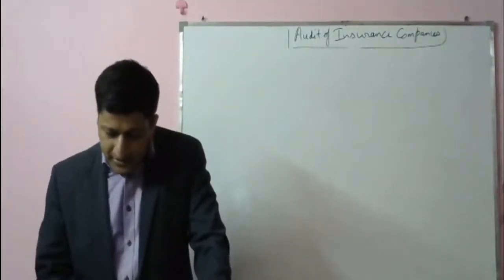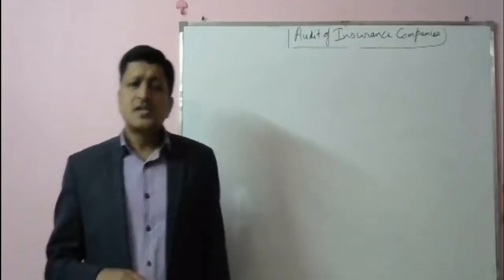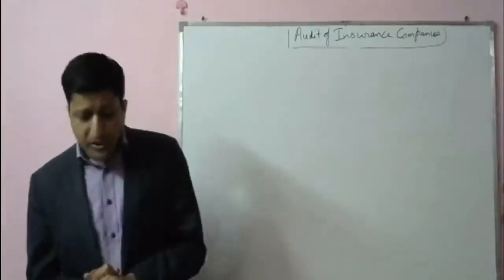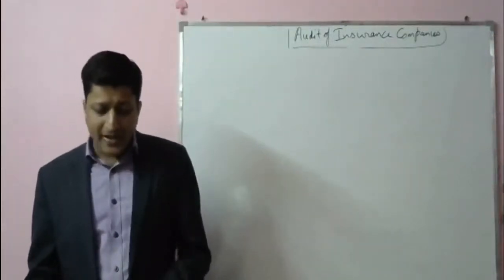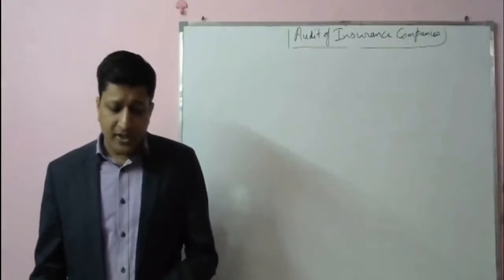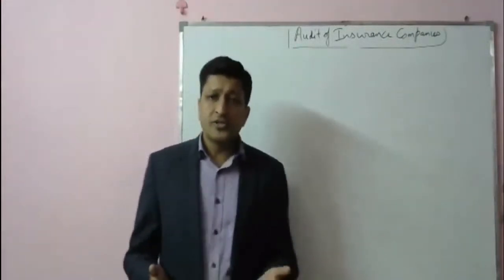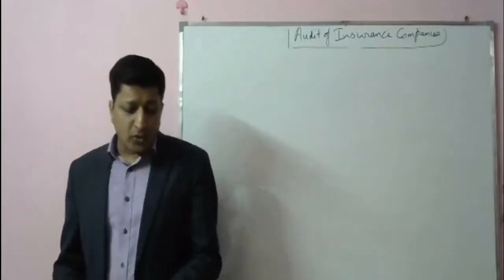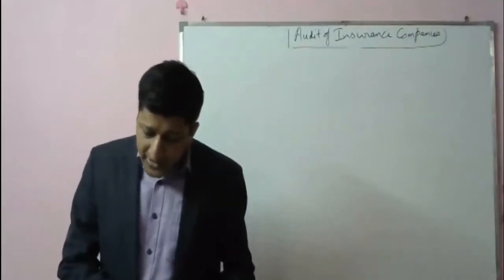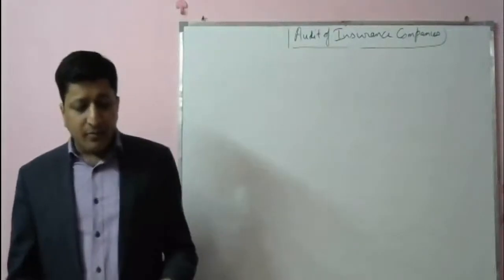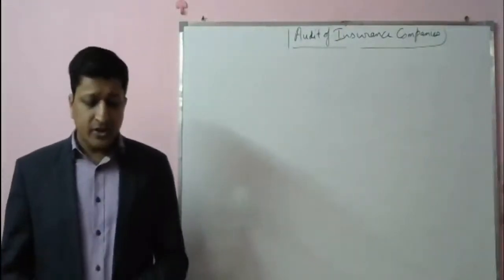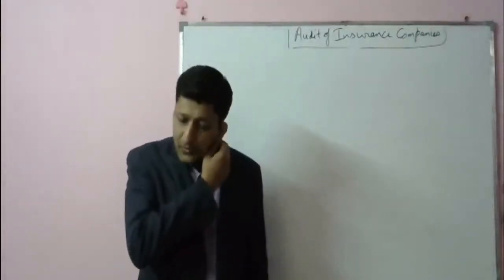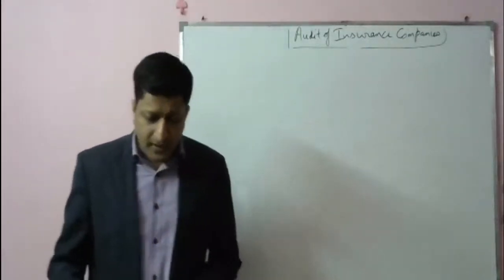All right, so I think we discussed certain areas. Similarly, there could be various other items. It could be about legal professional charges, it could be about operating expenses, for which we can design the audit procedures. So I think we have discussed quite a lot in respect of various type of audit procedures, in respect of various line items. So I'm not really picking up each and every line item in relation to the insurance business. Fine. So now moving further